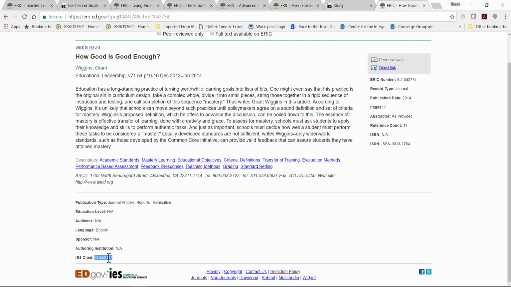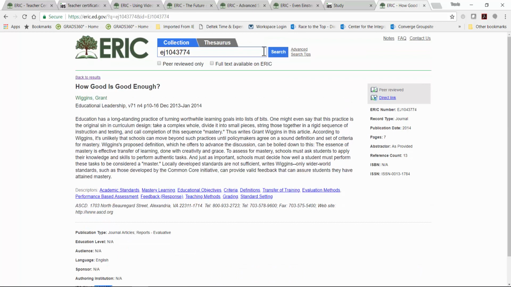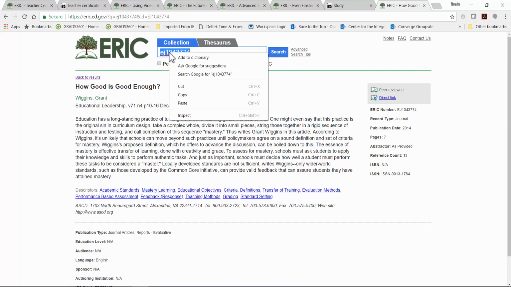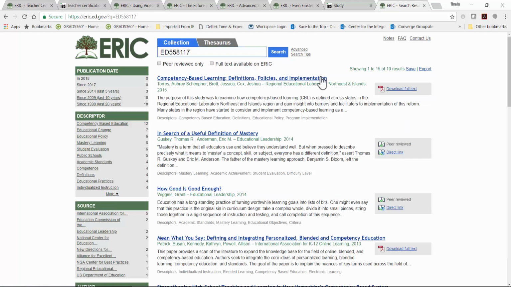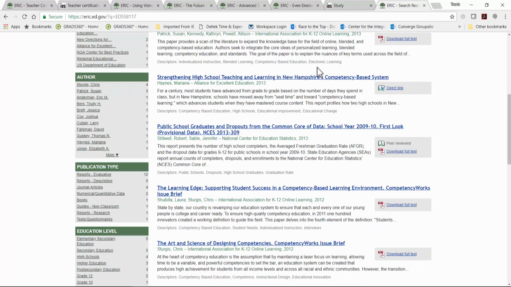And if you wanted to get a list of all the materials in ERIC that were cited in this particular report, you can take that number and pop it in the search box, do a search, and you'll find the actual IES report and all the other materials that it cites that appear in ERIC.